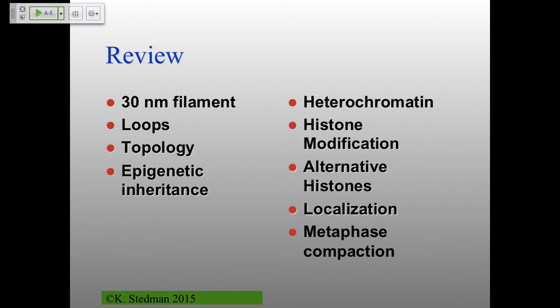Hopefully, we talked about the fact that not all chromatin is created equal, and that has to do mostly with the fact that some DNA you've got to be able to access, and we'll talk about that for replication in just a couple of minutes. But some of the DNA has to be available for lots of other proteins to interact with, and some of it doesn't. And so a lot of these end up being separate structures that in some cases you can actually